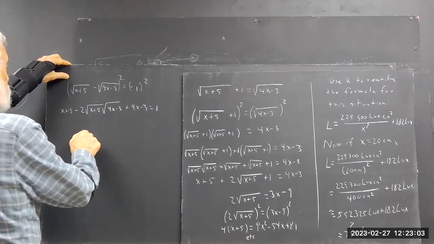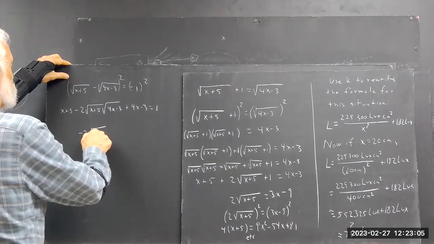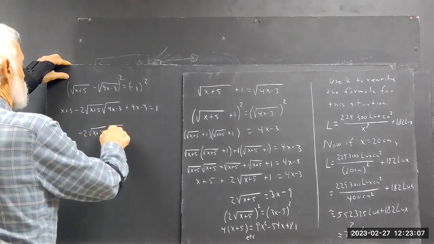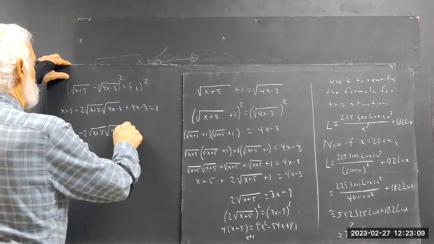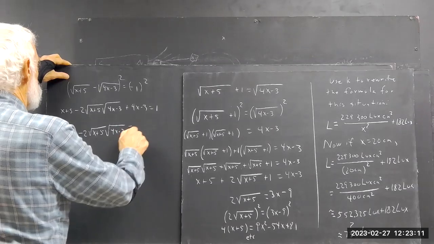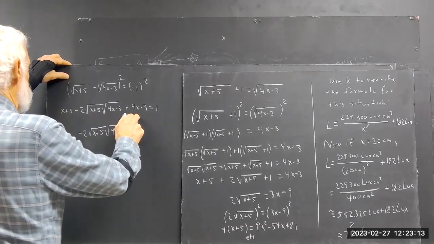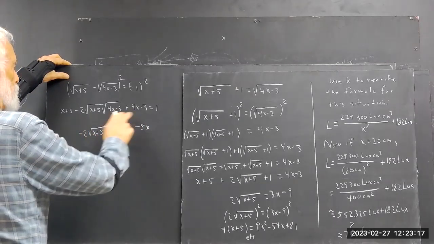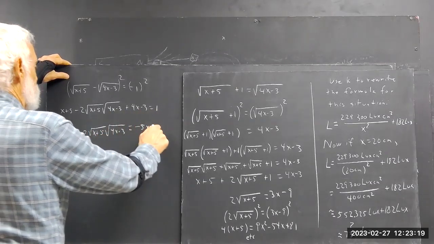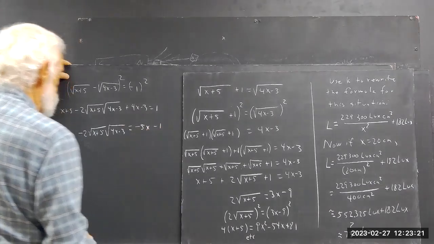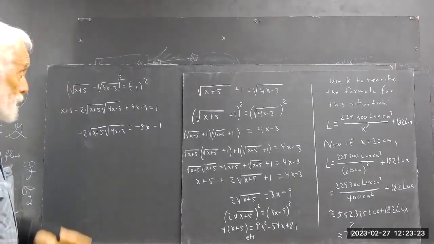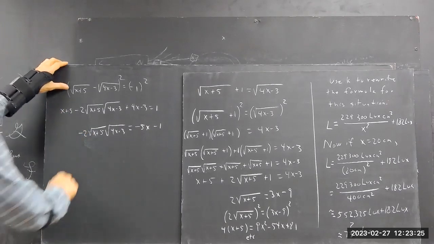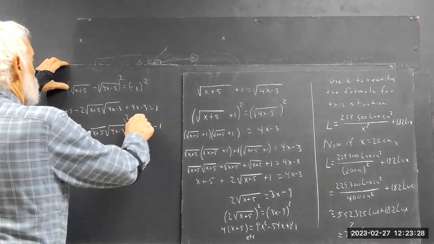You're going to get minus 2 square root of x plus 5 square root of 4x minus 3 equals, we're going to have 5x here, so it's going to be negative 5x, and you're going to have plus 2. You subtract 1, so you're going to have minus 1 on this side. Okay. And now the radicals are on this side, so we just square this,